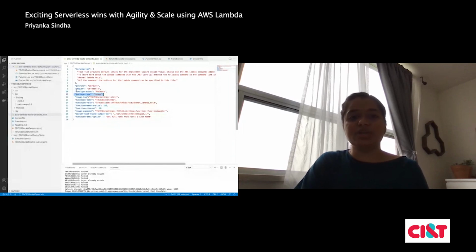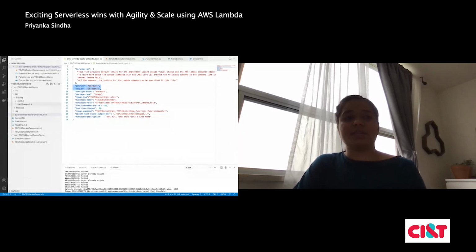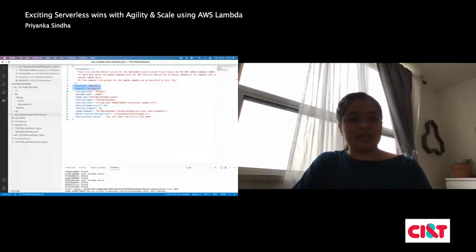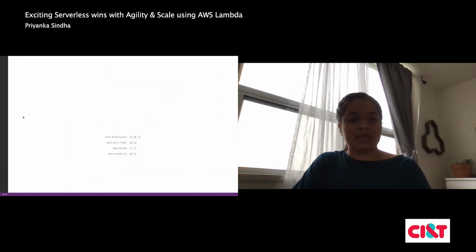Then what region you want to deploy to, what profile you want to use, and the configuration type. So this is for the Lambda function with image as the package type. And then let me show you quickly the serverless one.